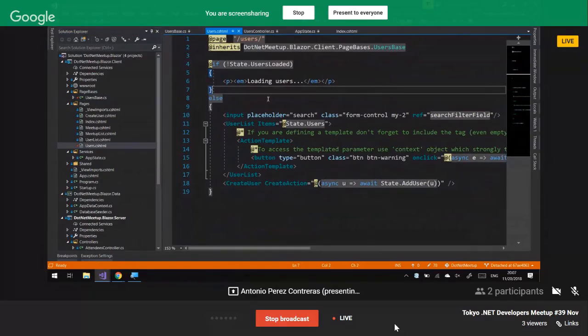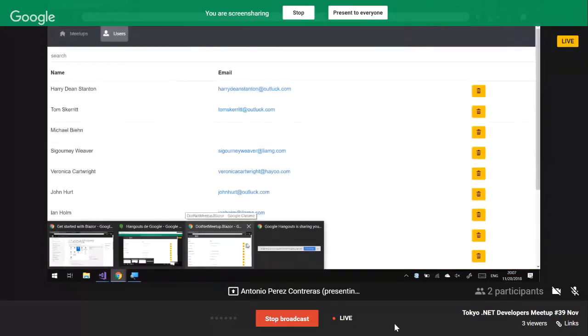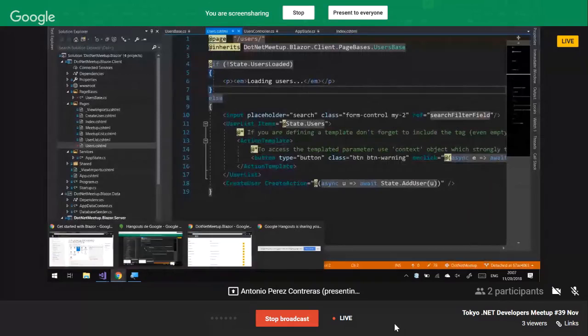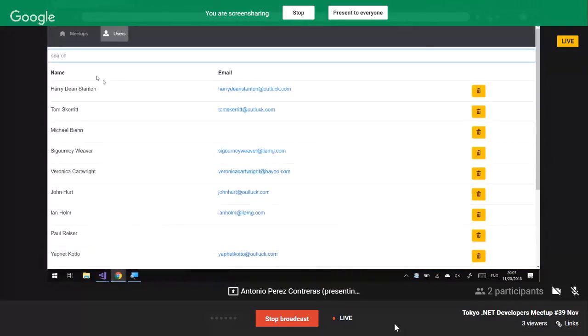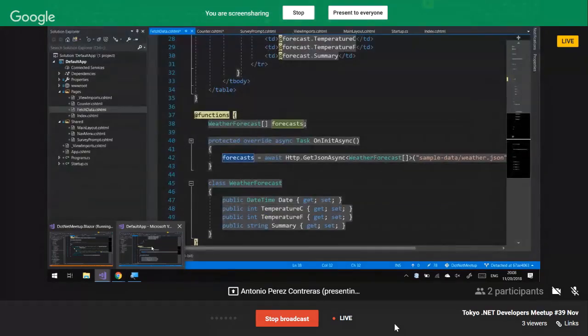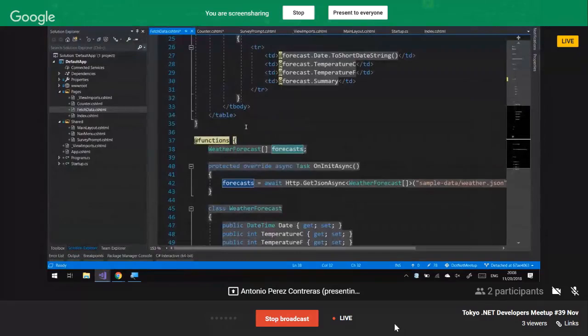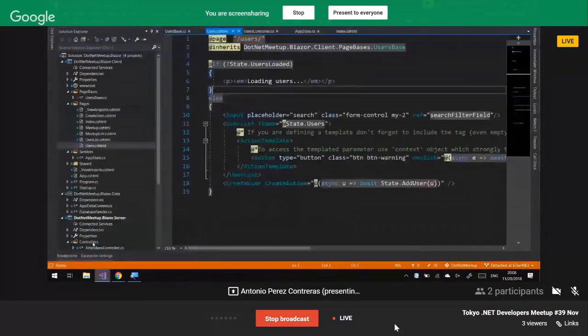Well, what can we see here? First of all, we have some JavaScript interop. We want, as soon as we open this page, this field to be focused. The problem is we cannot access the DOM directly. We have to access it through JavaScript. So for that purpose, I create